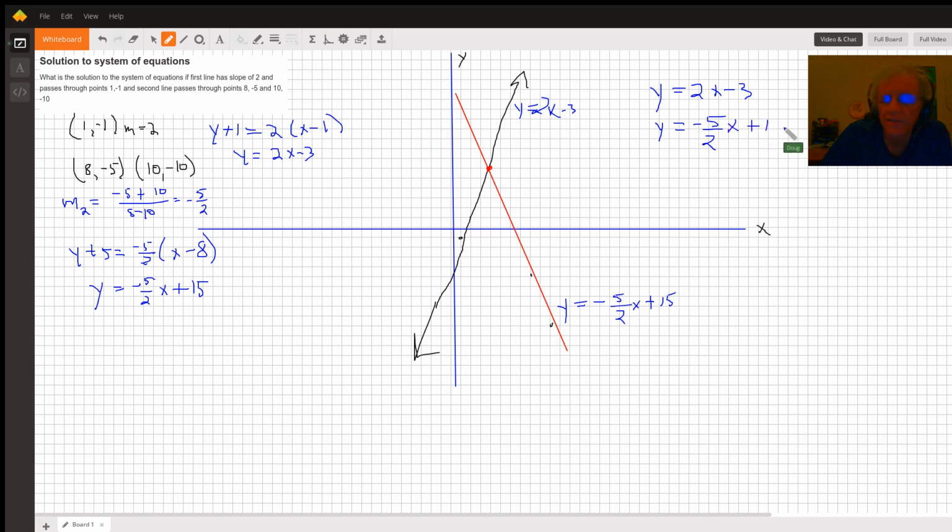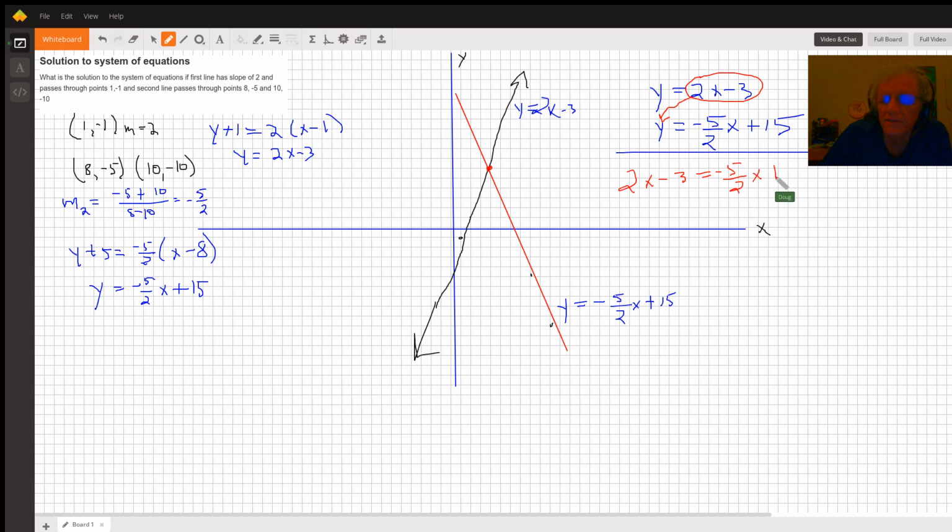And probably the easiest way to solve this system is to use the substitution method. In other words, take this value for y and substitute it into the other equation. So we've got 2x minus 3 equals negative 5 halves x